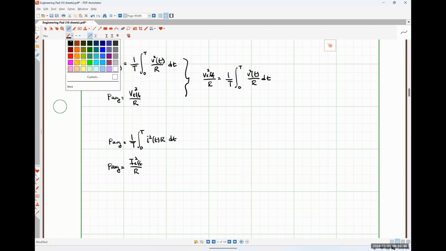So I can notice very easily that there is a factor of 1 over